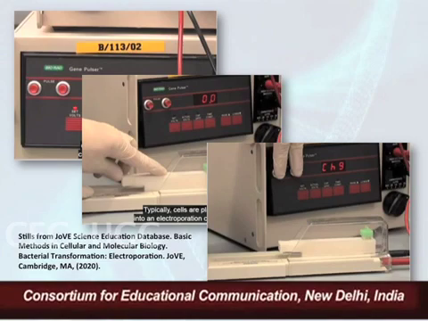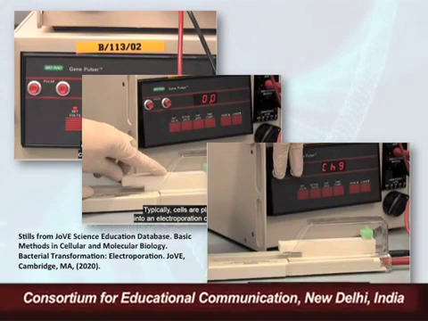So these are the stills from that video. So this is how an electroporator looks. You have got this machine with two buttons from which you can give the pulse, and then there is a window which will record the time or the volt which has been given. And then this is a stand which has a slot to introduce the electroporation cuvette.